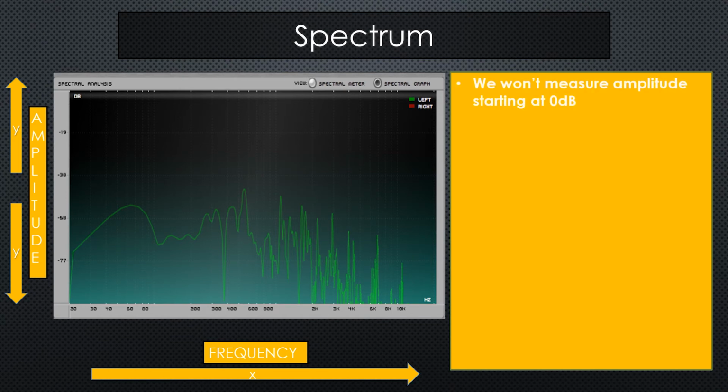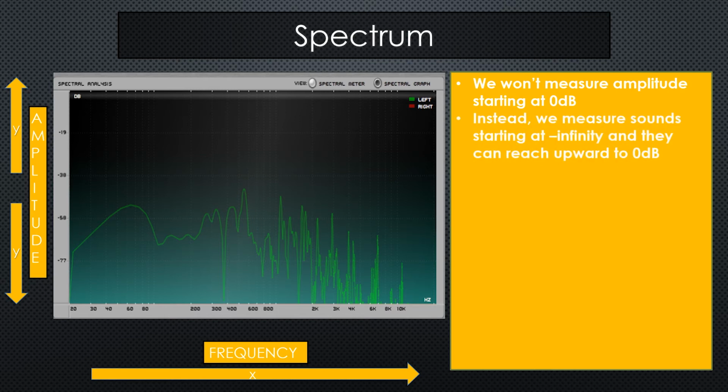Returning to the idea of a spectrum, we won't measure amplitude once we've converted it to analog audio at 0 dB. So 0 decibels in the real world is approximately the quietest sound a human being can hear. It's a rather arbitrary level, but 0 decibels is just about the quietest thing that we can hear, and then we measure upward. Once we get to 90 decibels, things get loud. Once we get over 100, things start to get really loud, and we can eventually reach pain once we get to about 110 and so forth.